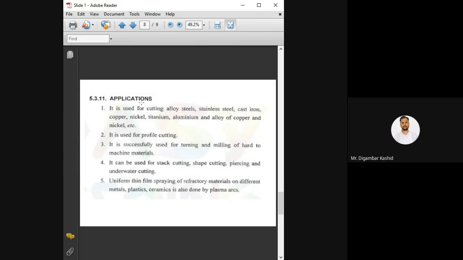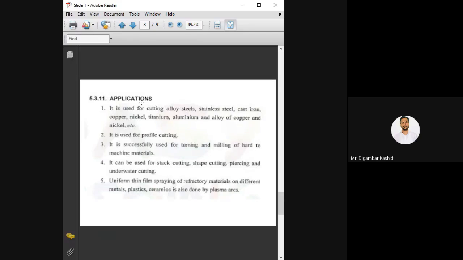Then this process is used for profile cutting also. It is successfully used for turning and milling of hard to machine materials, that means materials which are difficult to machine. Then this process can be used for stack cutting, shape cutting, piercing, and underwater cutting purposes also. Then for uniform thin film spraying